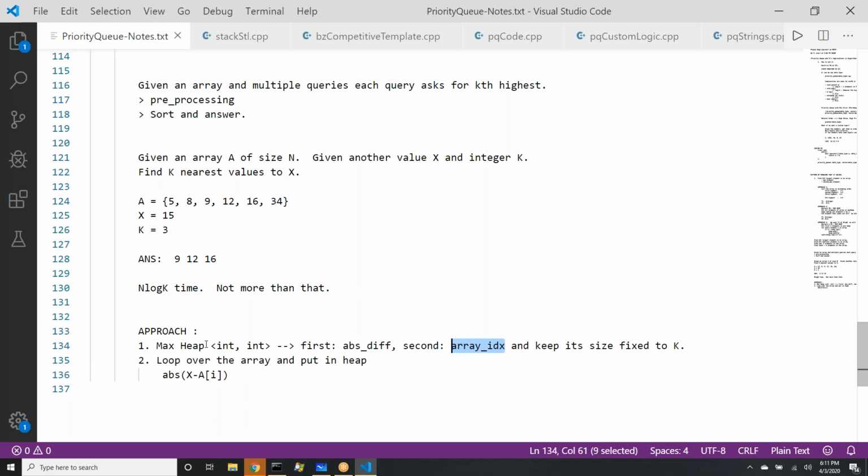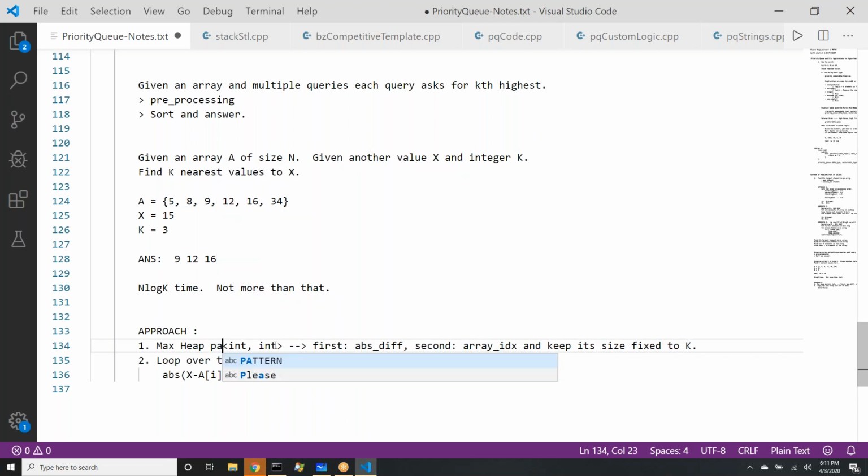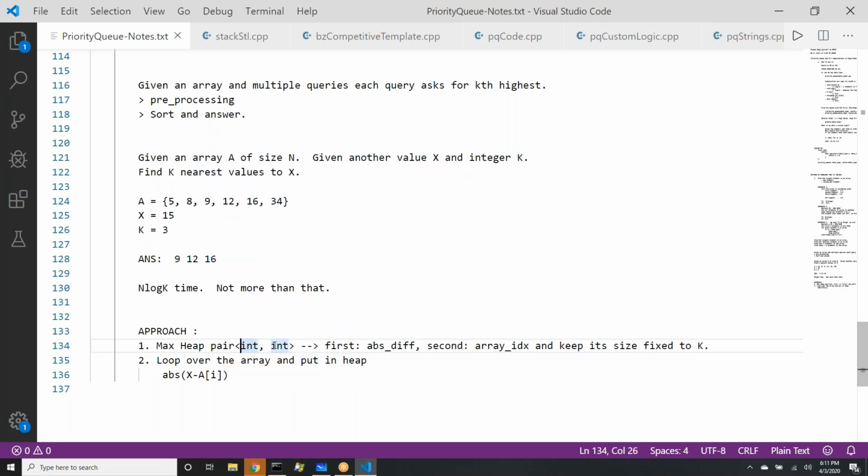You can store the array value or anything. You can use a heap or stack or queue. Prefer putting indices. Don't put the values, because once the index is there, you can anyway get the value. Many problems just require the index to be printed. So this will help you solve both problems. Right. So we take a max heap, but this time we take a heap of pair. And because we are taking a pair, that will help us reach the answer. And now you will realize whatever we discussed, why we discussed heap of pair, why we discussed heap of string.